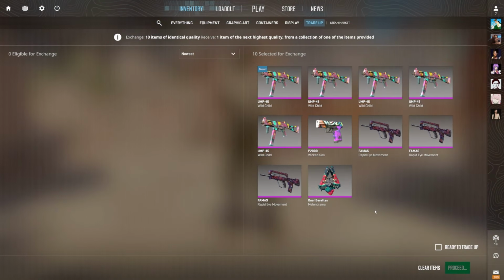Now here we are in game. Gibbon, please give me anything but the MP9 Starlight Protector in 3, 2, 1,